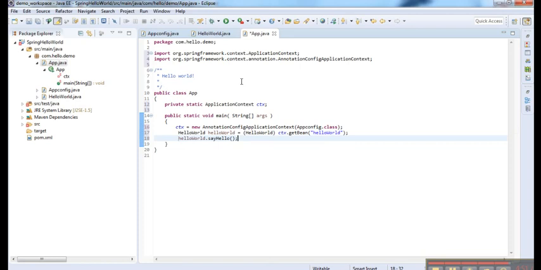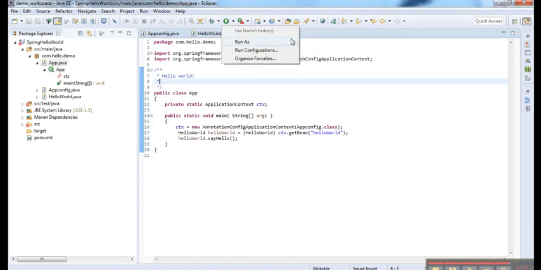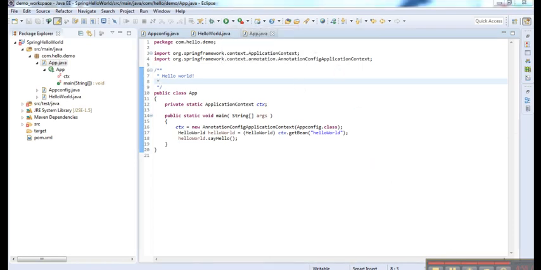Now let's run the application and verify the output. As you can see, we are running the application, and in the console